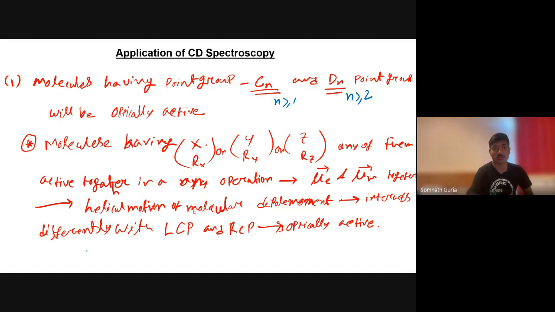For that, we need to think about the molecule's point group, and then with respect to that point group, for any symmetry operation, let's suppose E or C2 or S, depending on the point group, we check whether x, Rx, y, Ry and z, Rz are simultaneously active or not. If that is active, then there is a chance of